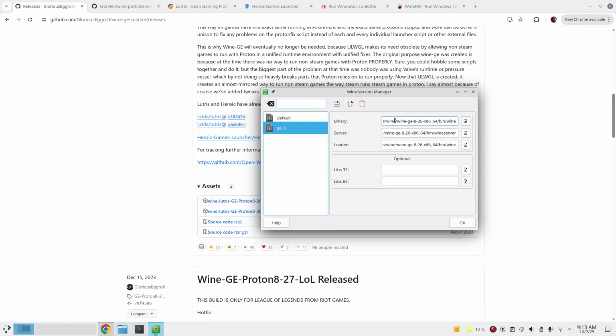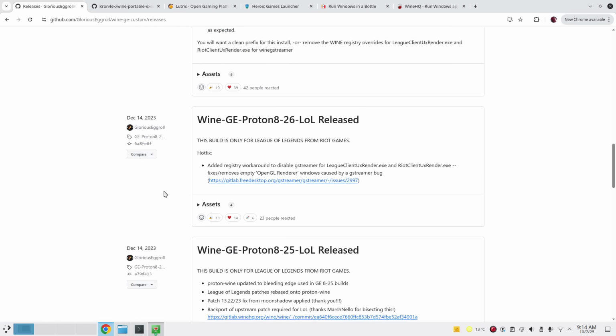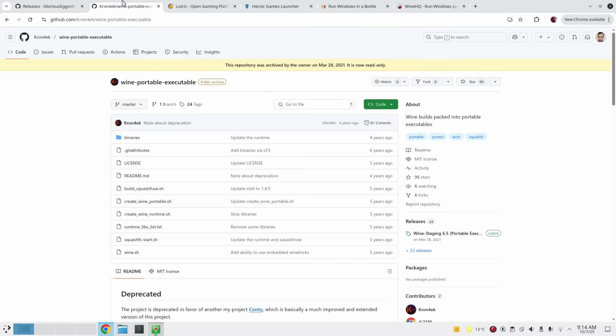Then come back to the Wine Version Manager, and in the binary field you just have to specify the location where Wine is extracted. So that's how you do it. You can download different versions of Wine, and there is another version of Wine you can download. It's released by